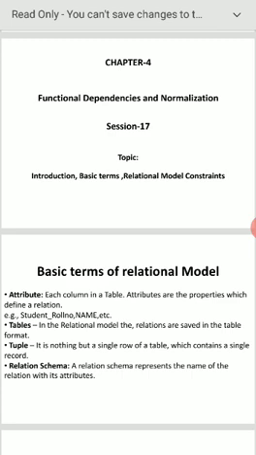Assume a table having register number, name, class, and remarks. Register number is one column, that is one attribute. Name is another attribute. Class is another attribute. Remarks is another attribute.